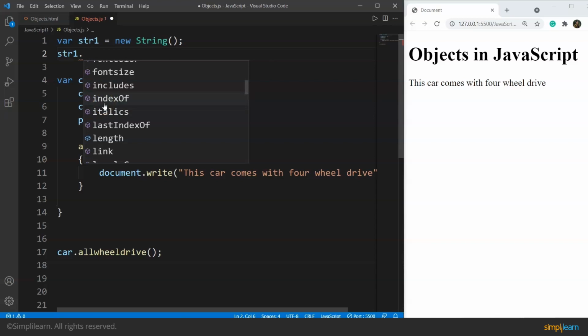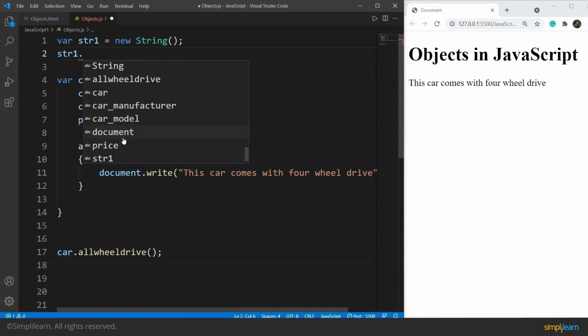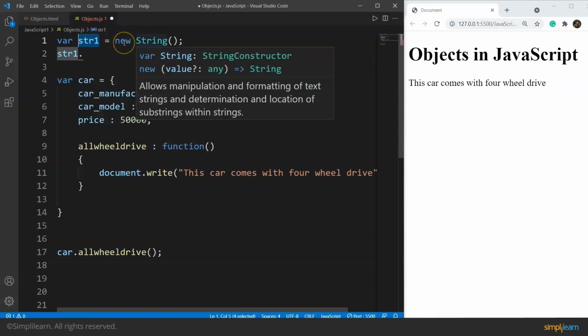Similarly, we have the font color and the length property for the object as well. Length here is the property, and the others we can see are the methods for objects in JavaScript. So this str1 becomes an object by default when we use the new keyword with the string while declaring. There are a few ways to determine if a variable is an object or a primitive data type.